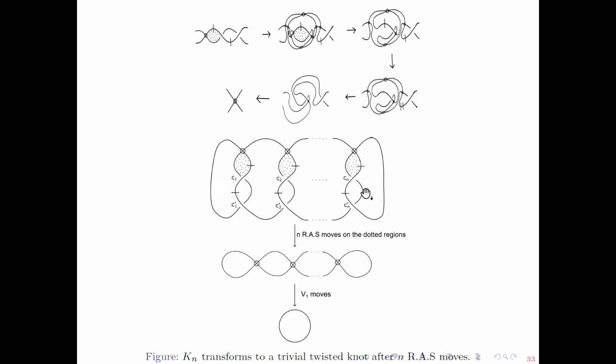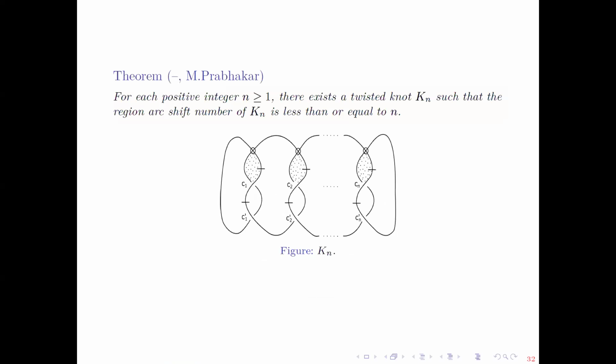So every vertical part becomes one virtual crossing, which gives you the trivial diagram. This only gives you the upper bound n for the region arc number. So the next thing we want to do is find a lower bound for region arc number using some